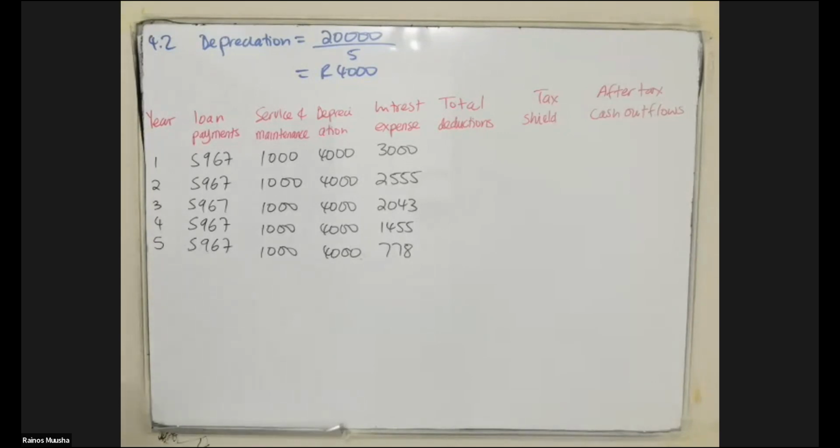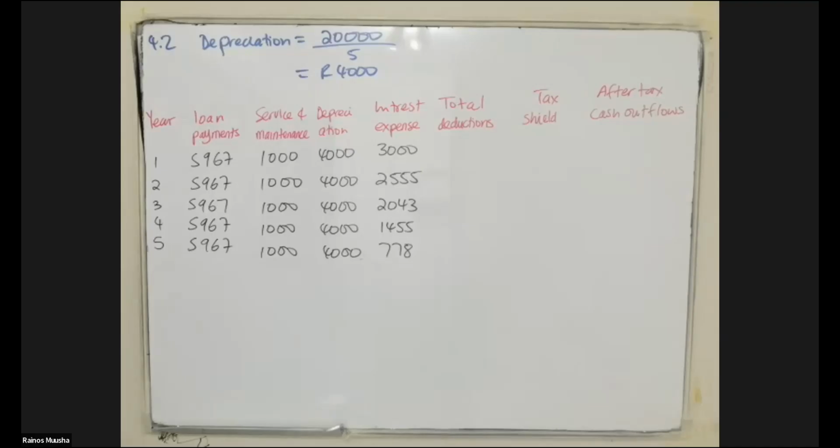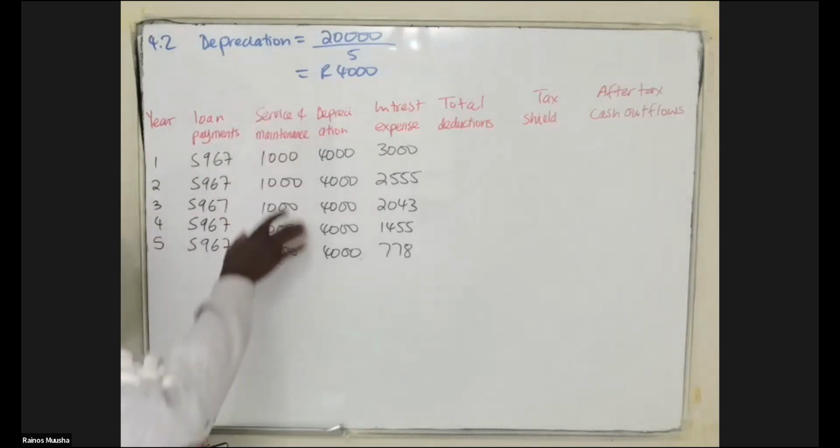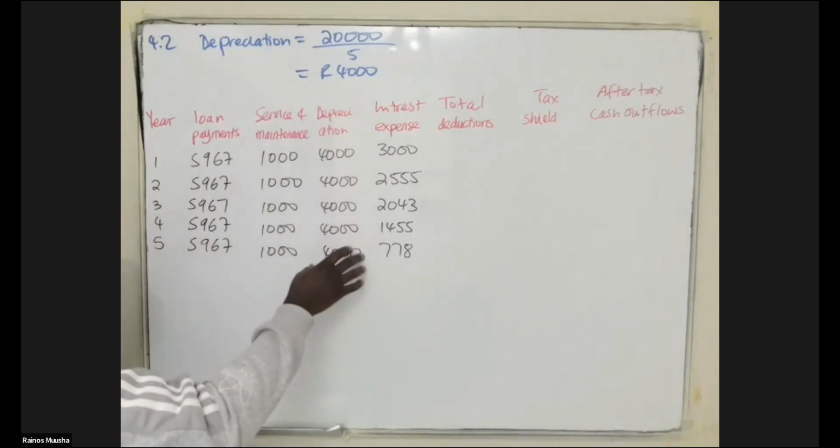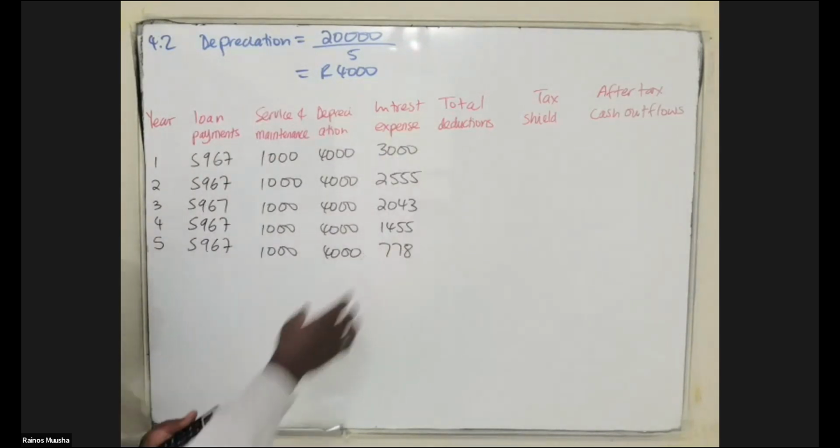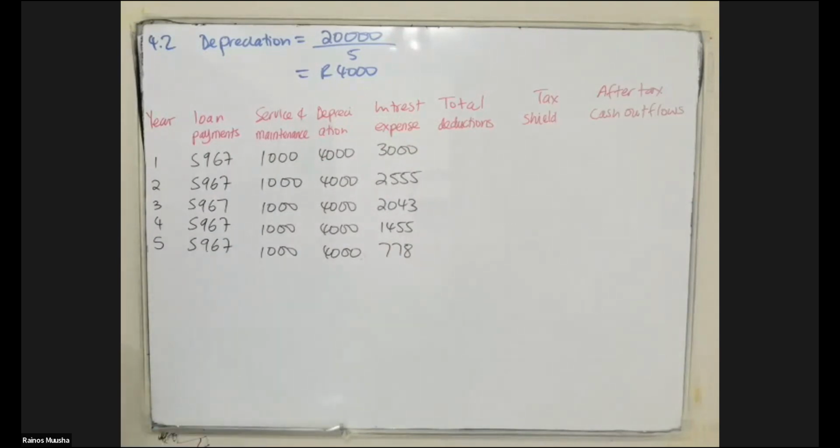It's supposed to be 8,000. Please correct the memo that I gave you. I added a figure which is not supposed to be added. We're not supposed to include loan payments because loan payments already include interest expense. So it's supposed to be your service and maintenance cost plus depreciation plus interest expense. So this gives us an amount of